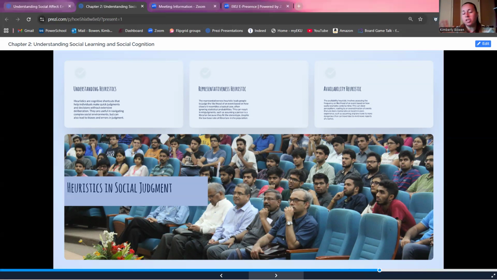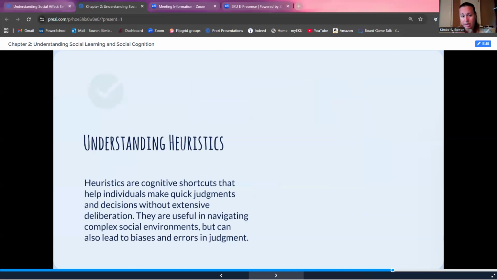Again, we've talked about a lot of these things, and I'm giving examples instead of just reading the slides, because A, I know you guys can read, and B, I think it puts it more into perspective if I give you an example. So when we're talking about this, we're talking specifically about those snap judgments,